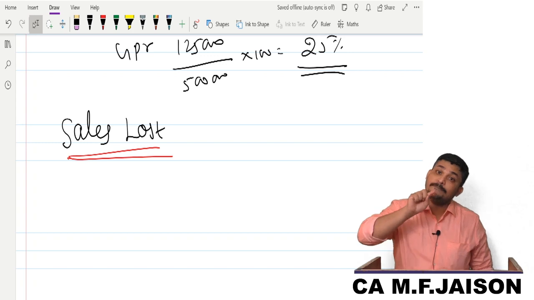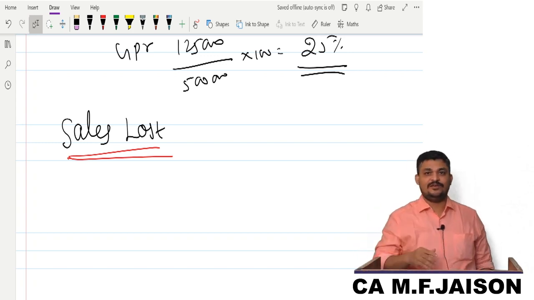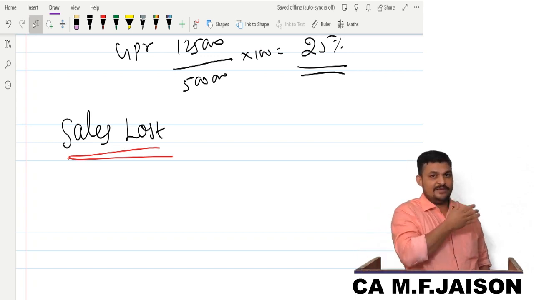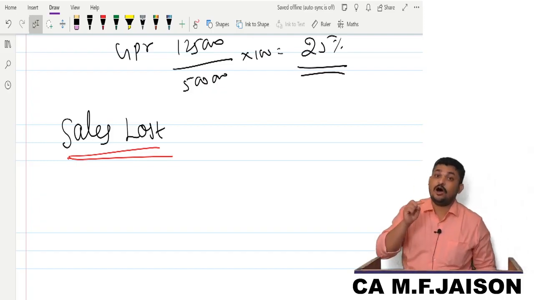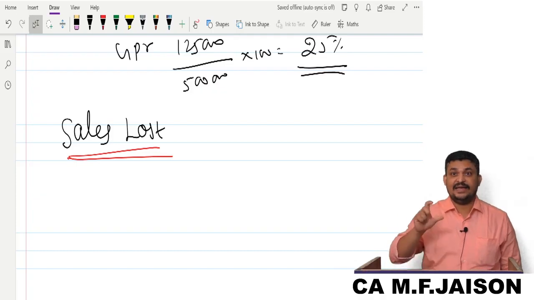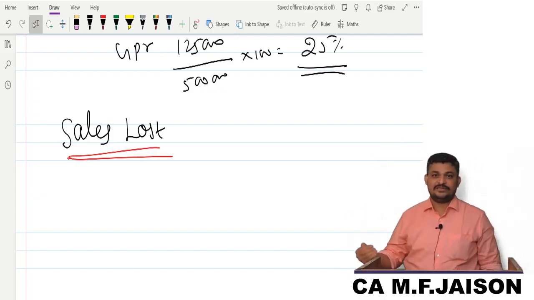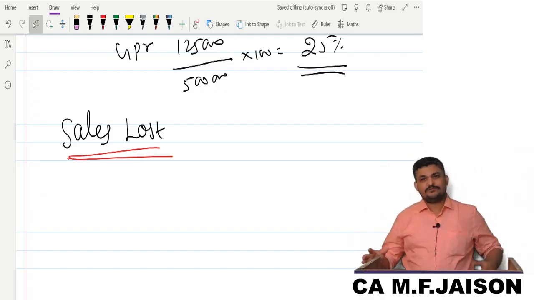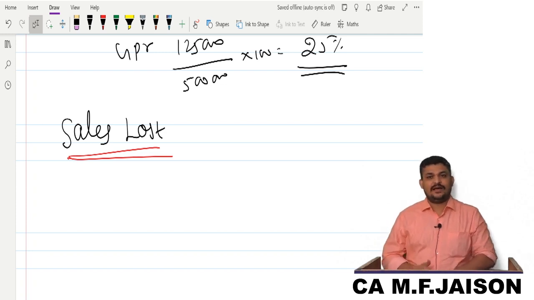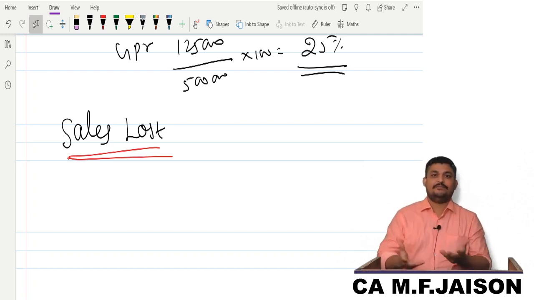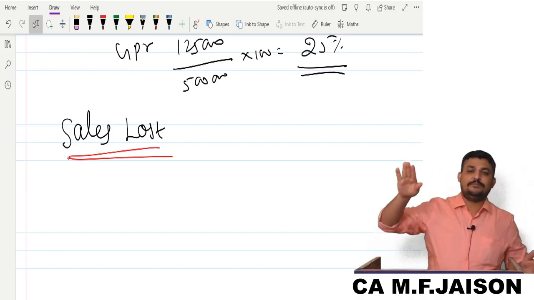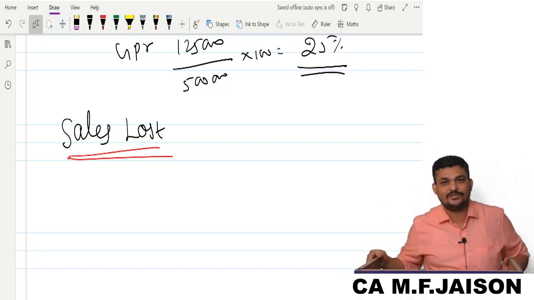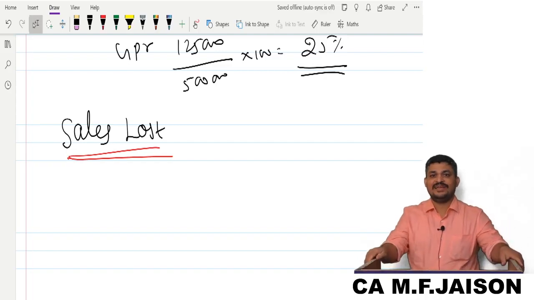So once again, sales during the corresponding compensation period of the previous year, plus or minus, sometimes minus also. The insurance company will tell you, anyway your sales keep on reducing, so we'll reduce the sales. So plus or minus, trend increasing or decreasing, that you should identify. How to determine that, sir? It will be mutually agreed. I can't tell some number; I have to prove with documents that my business is on the upswing. Understood?